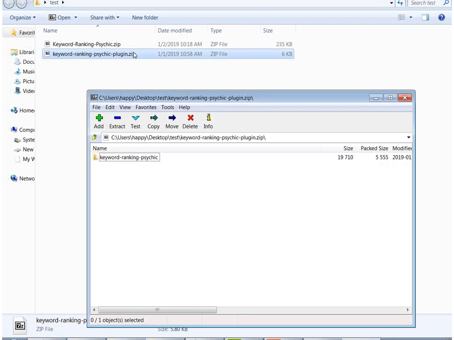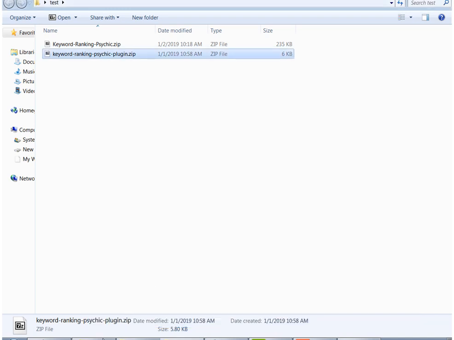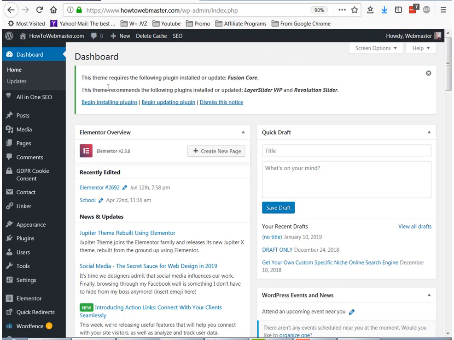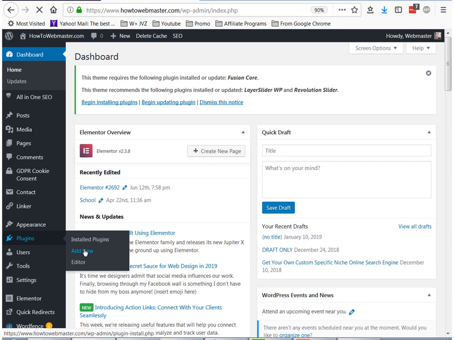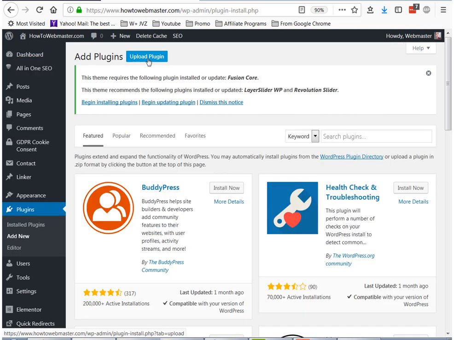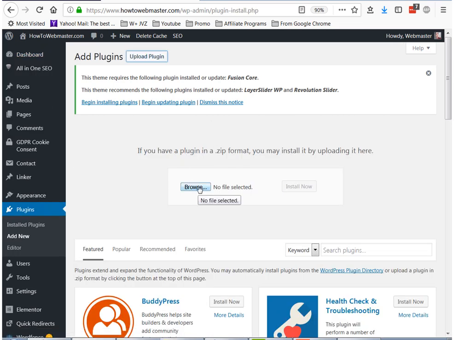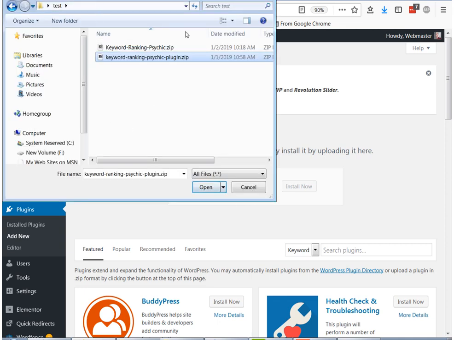You can double check by clicking on it and making sure that it has a single folder just like this. Now head over to your WP admin, go to plugin, add new. Up here it'll say upload plugin. Click on that and now browse here to find your plugin. So here it is. I browse to the folder containing the plugin, and now make sure you select the correct